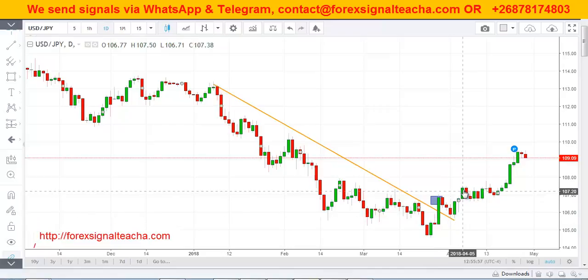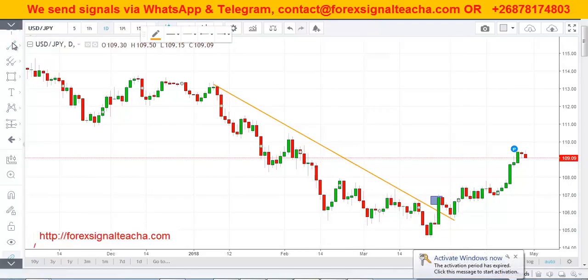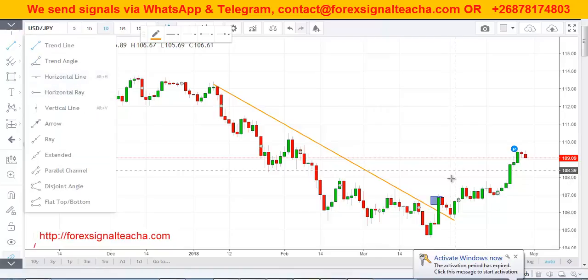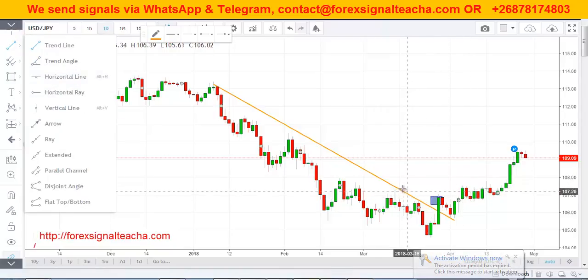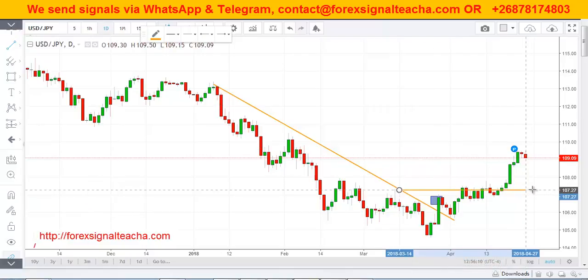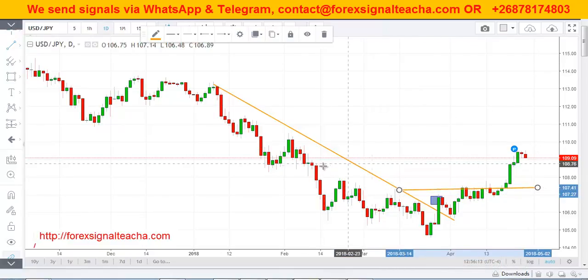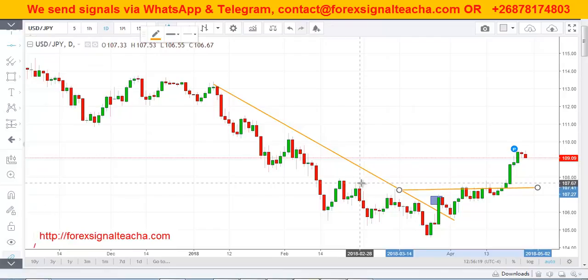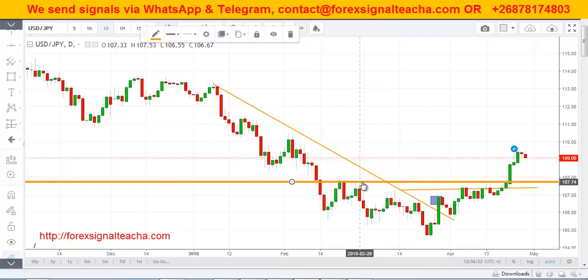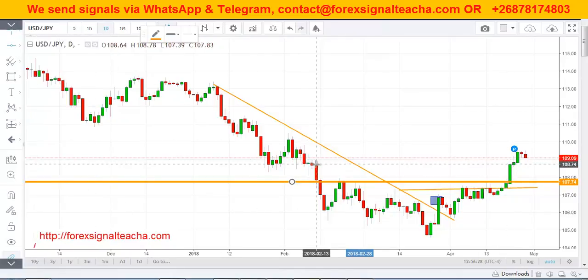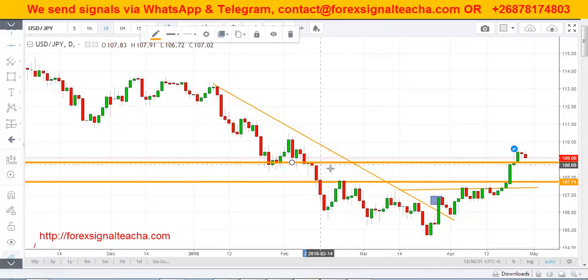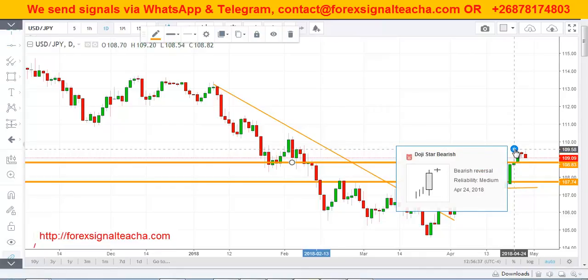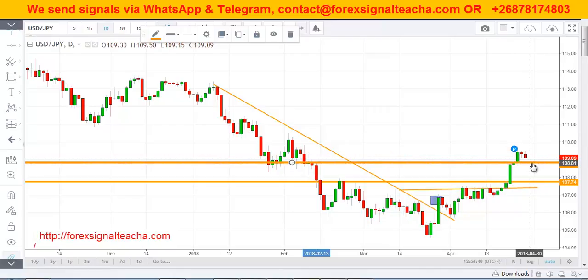And there was another trend line that we had here, which was this one here, the previous side. It was also broken out. There was the next one that we also had, which was this level here. I think it was also broken out. There was another level that we had also, which was here. It was also broken out, and now you can see that it's trying to retest, and this is a bearish reversal. It's going to retest and touch this price, and I'm expecting that it's going to keep on going